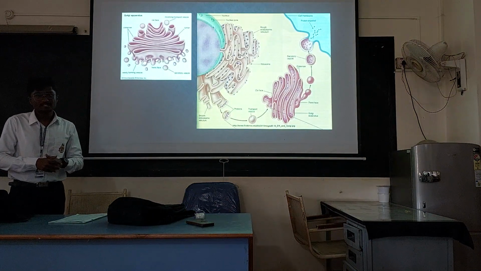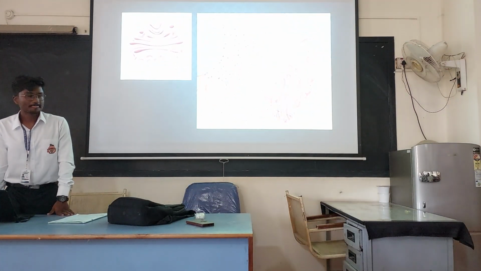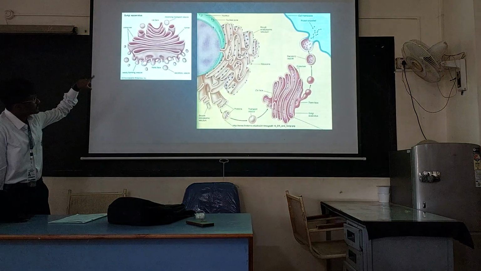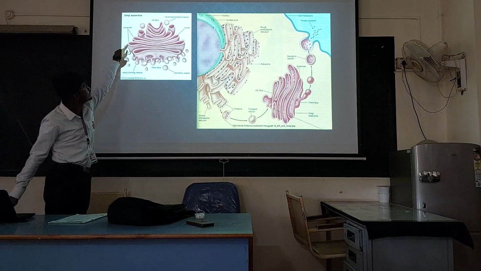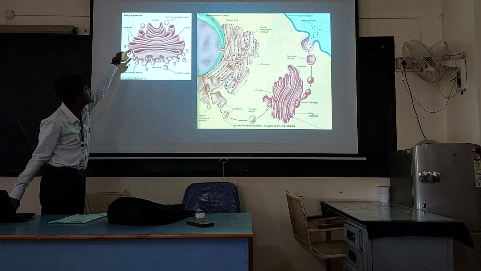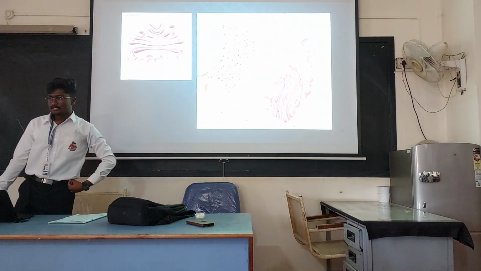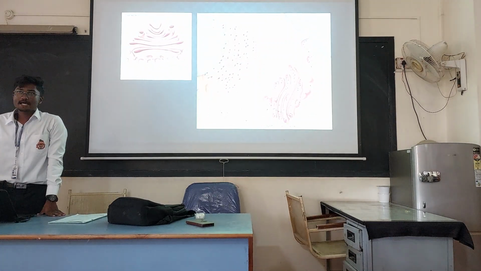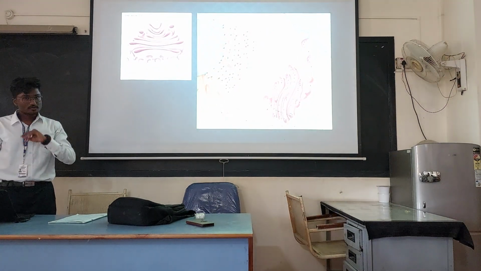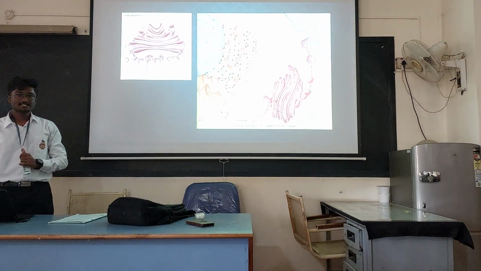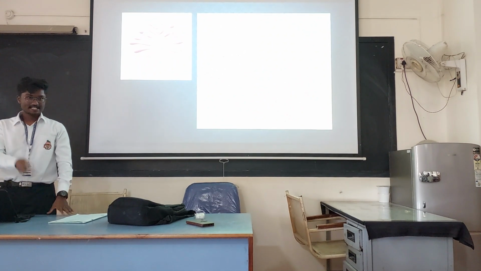The structure of the cisternae, which are stacked one above another, forms dictyosomes. Then at the peripheral part of the cisternae you can find other structures, that is vesicles and tubules as well. Here you can see the tubules at the third cisternae. That is the tubular part of the Golgi apparatus. And the cisternae is 1 nanometer in diameter, and then we will go to the functions of Golgi apparatus. Golgi apparatus helps in the packaging and modification of the substances which are synthesized in the cell.